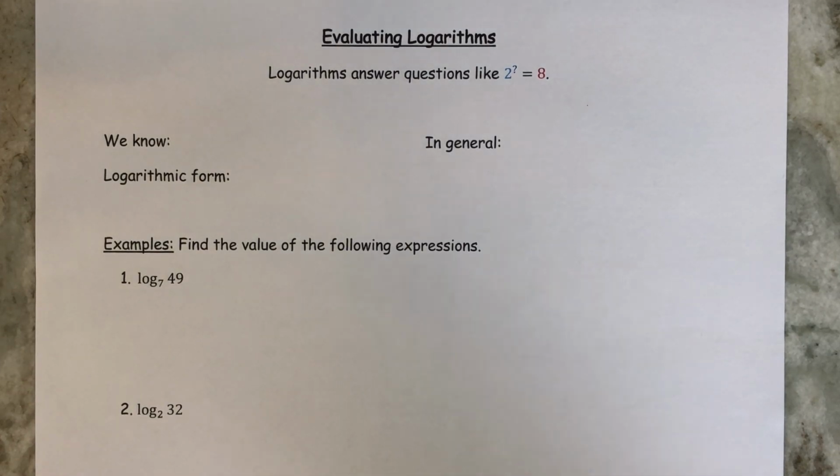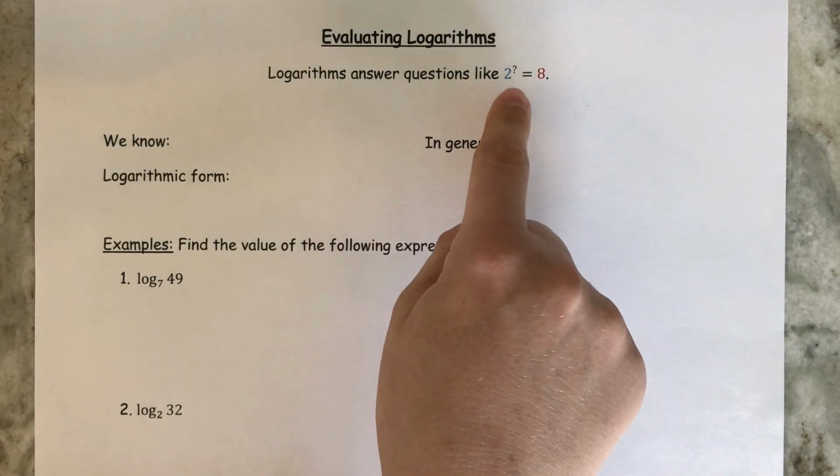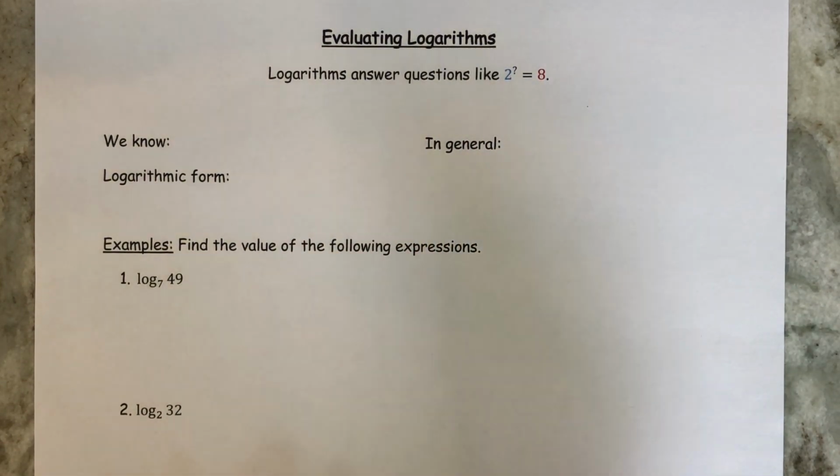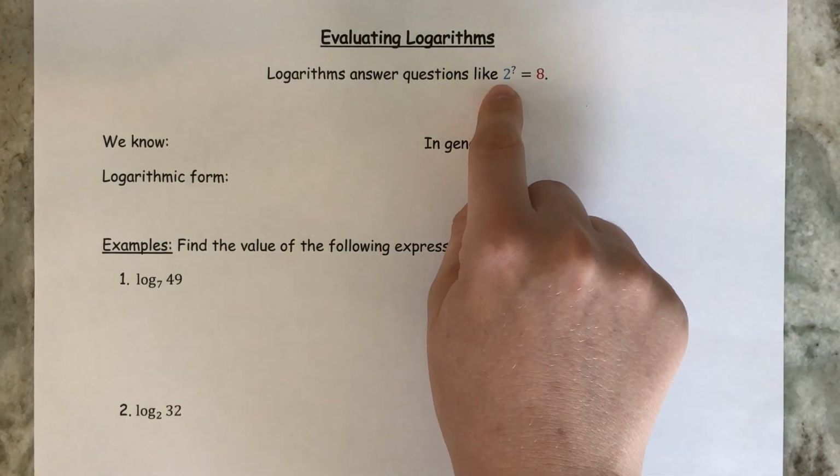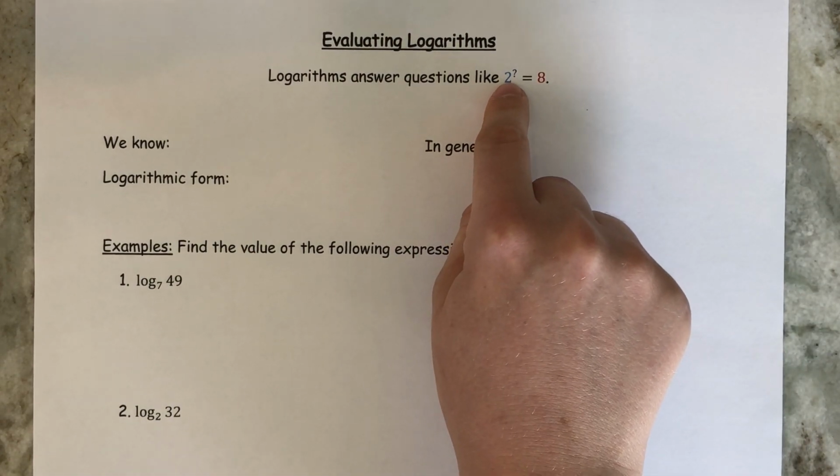We've been taking a look at exponents, and this week we're going to be looking at logarithms. So logarithms are another way of looking at exponents, basically. They can answer questions like 2 to what power equals 8. Basically what a logarithm tells us is how many times we need to multiply a number by itself to get